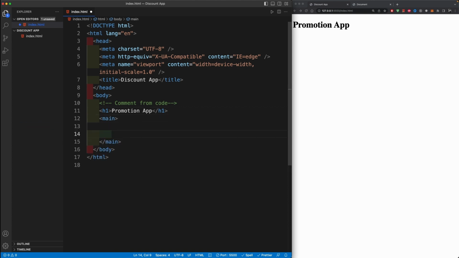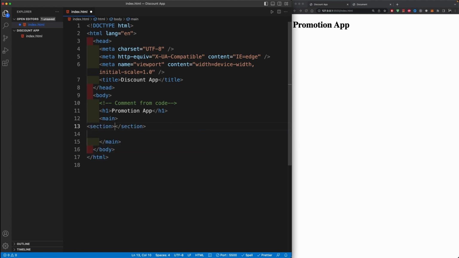The main tag, as the name says, is going to surround most of our main elements. After the main tag, you can have a footer. You can also have sections, but I would suggest that everything that is relevant to the main page should be in the main tag. Now, for example, if I want to include a section in the main tag, then